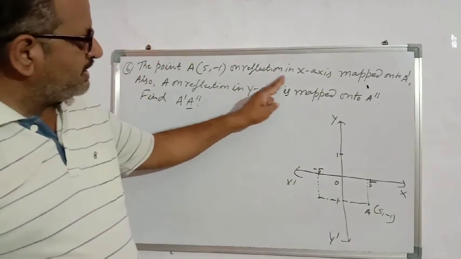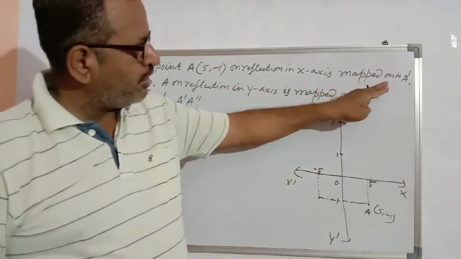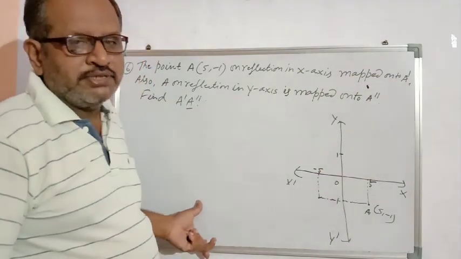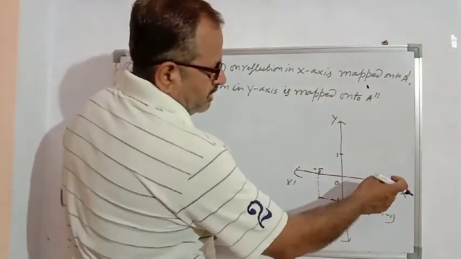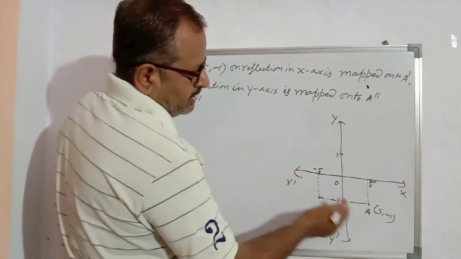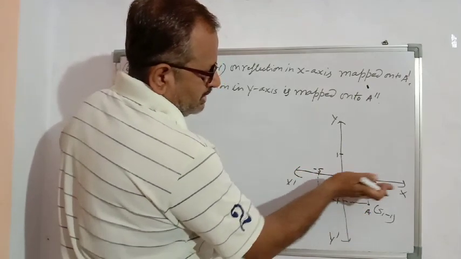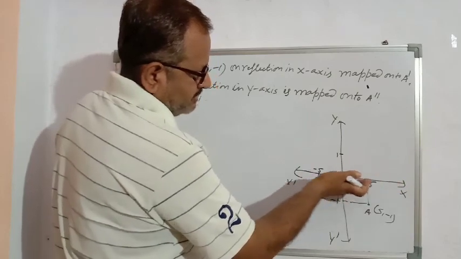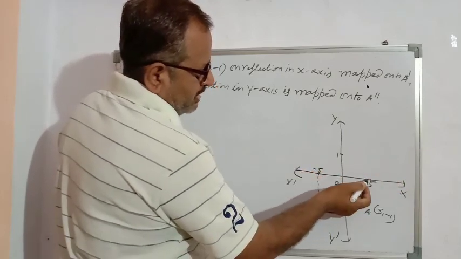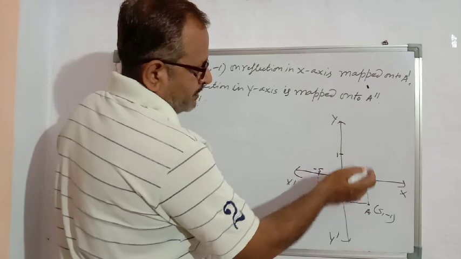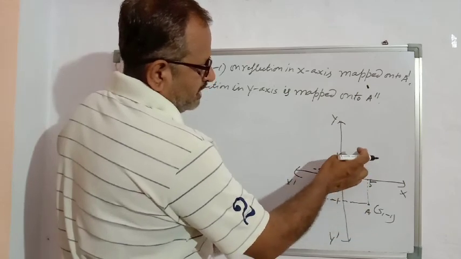When it is reflected in x-axis, it is mapped onto A dash. Reflection means image of the point. So x-axis will act as a mirror. Point A is 5, minus 1. Where will be the image of this point in this mirror? X-axis will act as a mirror. So where will be the image of the point A? So image of the point A will lie in first